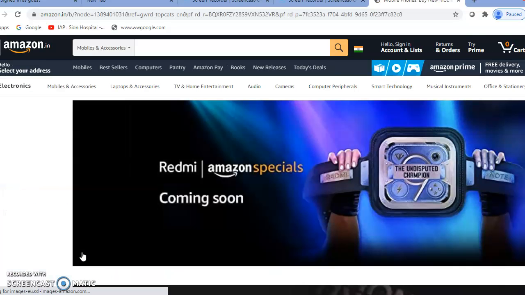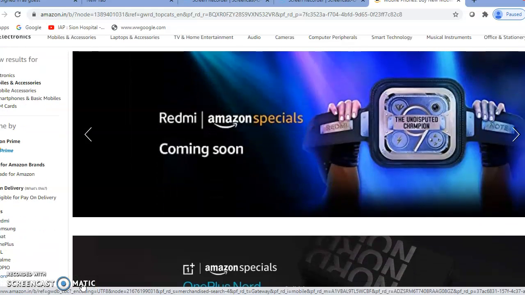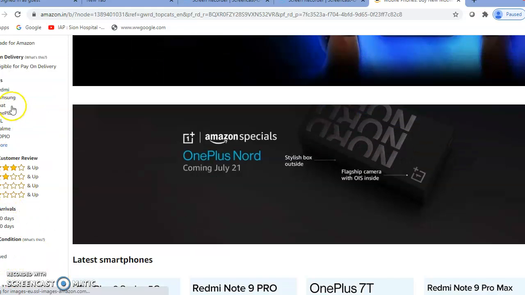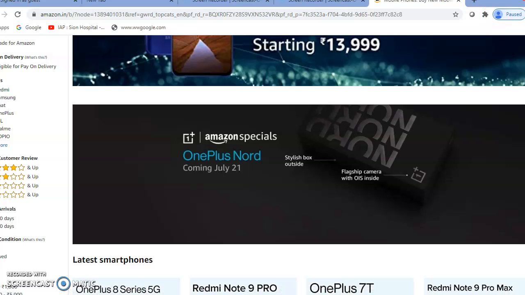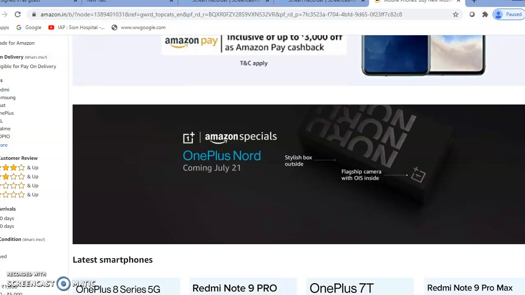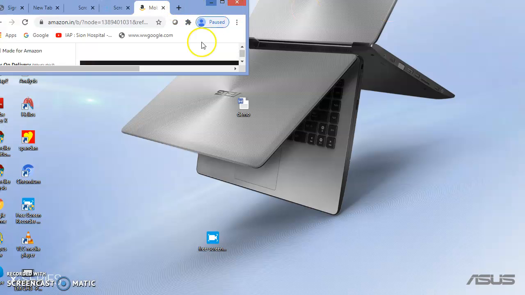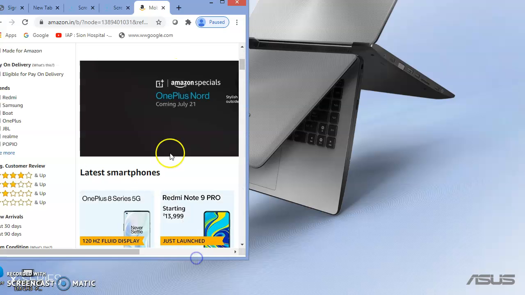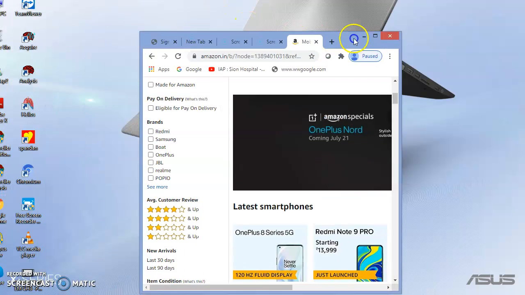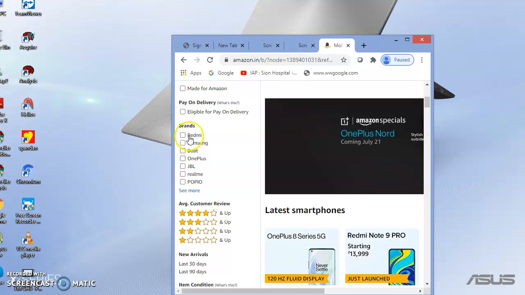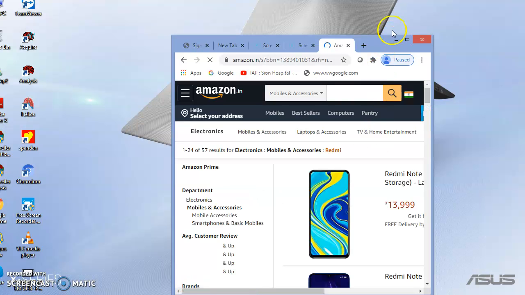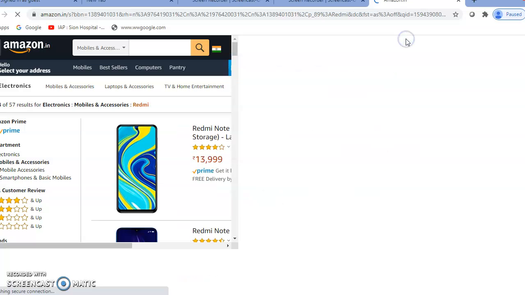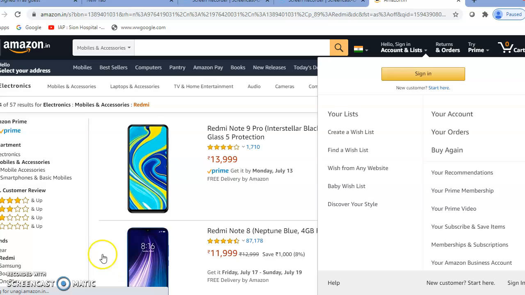Now when I click on mobile, which type of mobile I want to purchase, the rate should come to the left side. Are you able to see? See which company you want to select. Suppose Redmi, the images of Redmi will appear. Now there are multiple images.